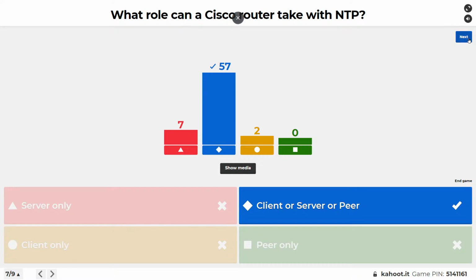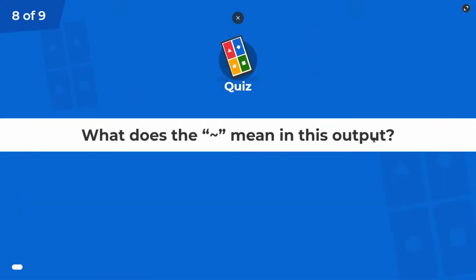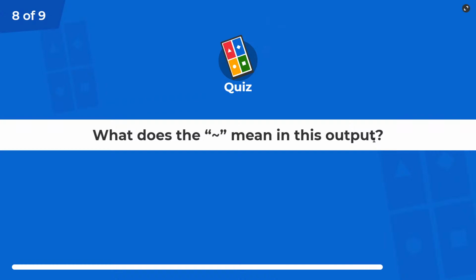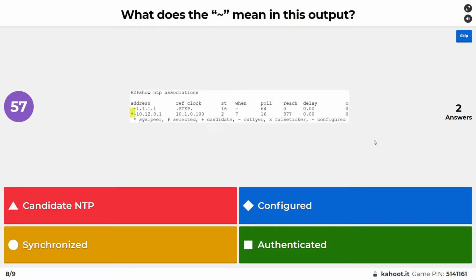All right. And here we go. Second to last question. What does the tilde mean in this output? I think I already mentioned it. It's also on the screen in the bottom right-hand corner of the diagram.